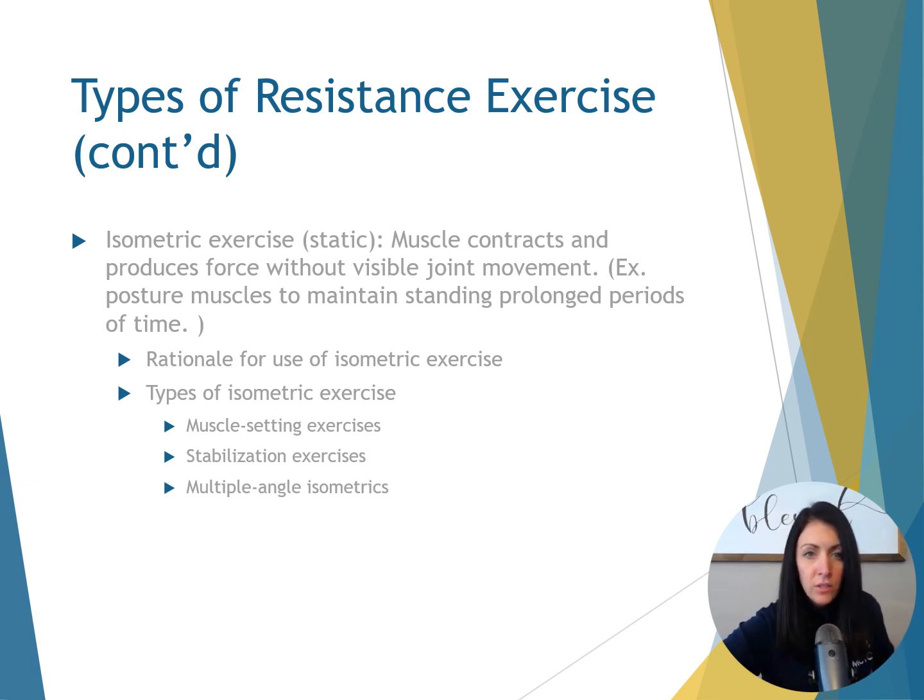There are also stabilization exercises, where you can do a submaximal level of co-contraction to improve postural stability and dynamic joint stability, like isometric contractions against resistance. That could be in anti-gravity or weight-bearing positions, like doing rhythmic stabilizations of the shoulder, using a body blade with the shoulder, or even doing core stability in different positions. You can also incorporate multiple angle isometrics, where they do multiple positions of range of motion while holding, recruiting the muscle.